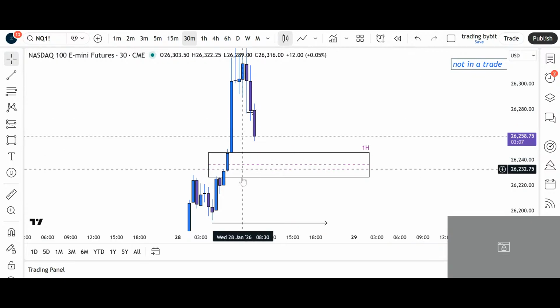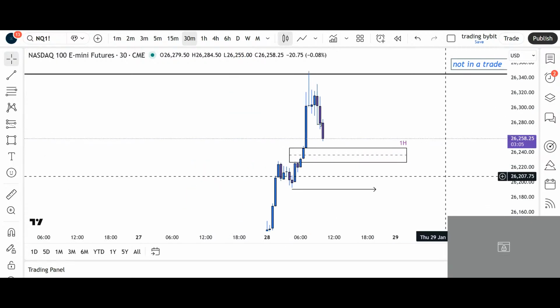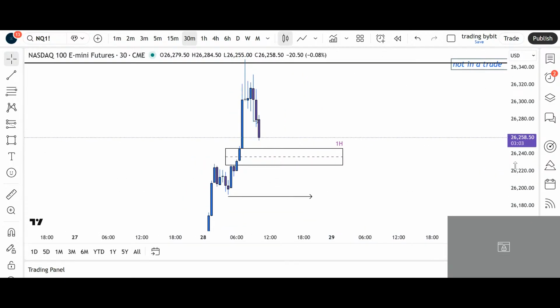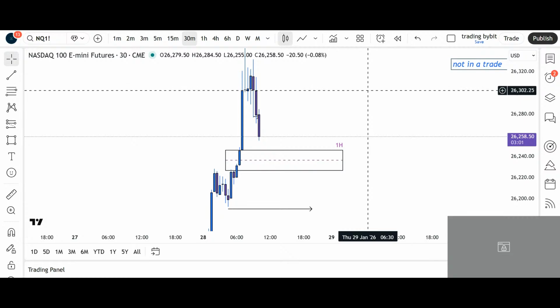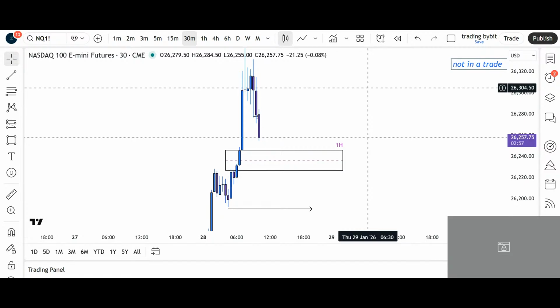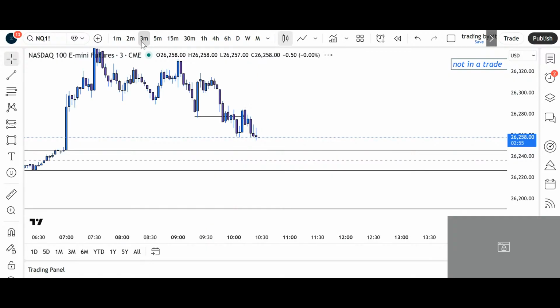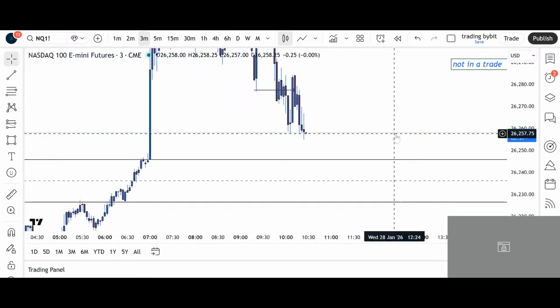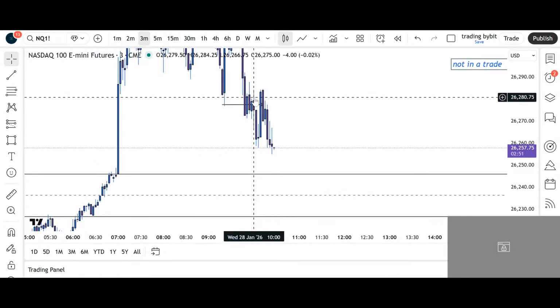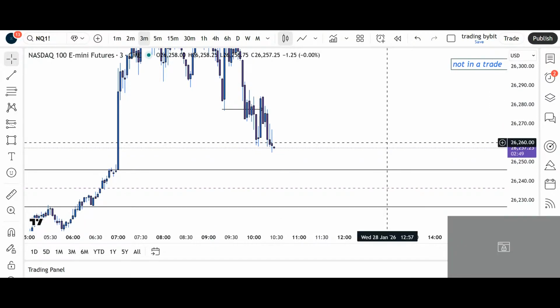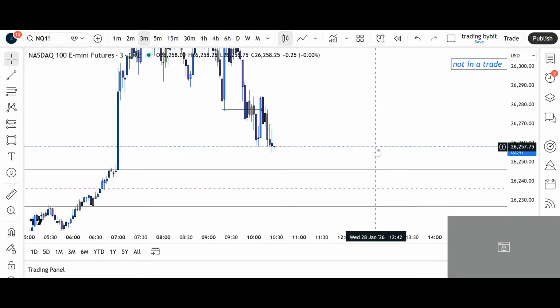Yeah, this will go definitely to this level. It was a clean trade. Well, should have been a clean trade. Nonetheless, still happy that I've seen what the market wanted to do. This is the most important thing, that you actually can follow those steps over and over again until you see what I see.